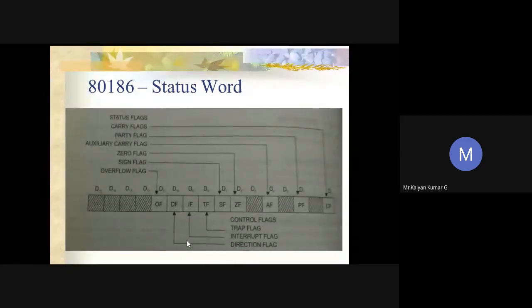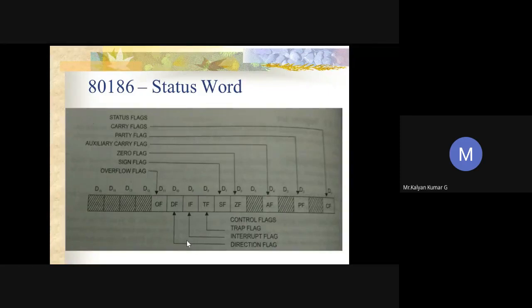because these were asked in MCQ2 for the microprocessor unit, with certain questions based on the auxiliary flag, overflow flag, and others. Anyway, I'll summarize quickly the function of each status word flag. First, the carry flag. The carry flag will be set whenever a carry or a borrow is generated after an arithmetic operation like addition or subtraction is performed. Otherwise it will be cleared. This is the function of the carry flag.